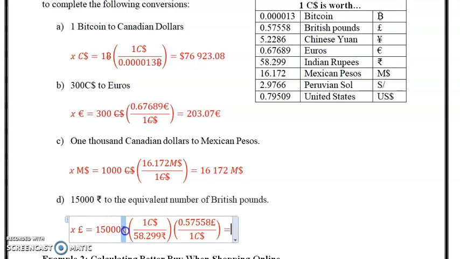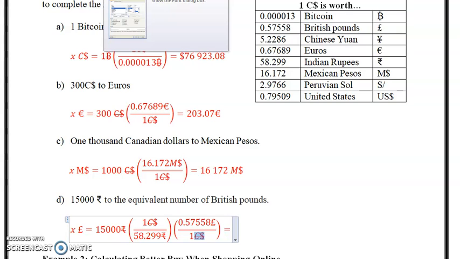So the Indian rupees divide, the Canadian dollars divide. So you take the 15,000 divided by 58.299 multiplied by 0.57558, and you get